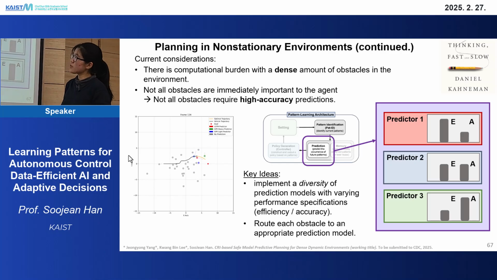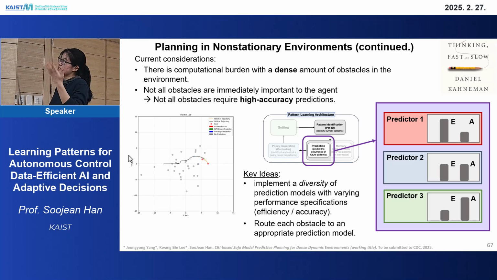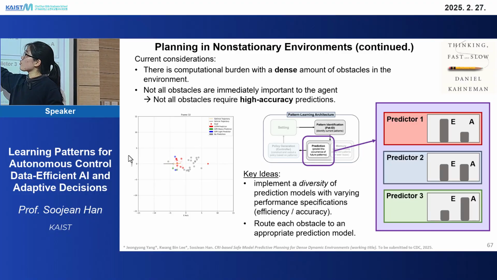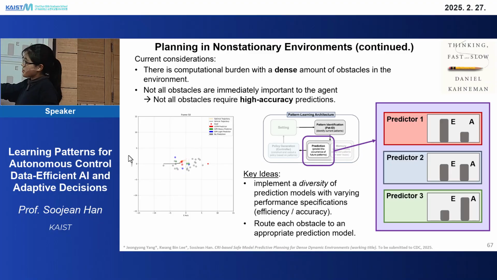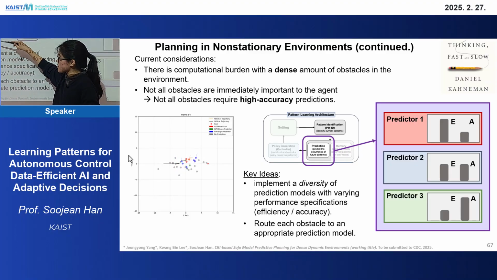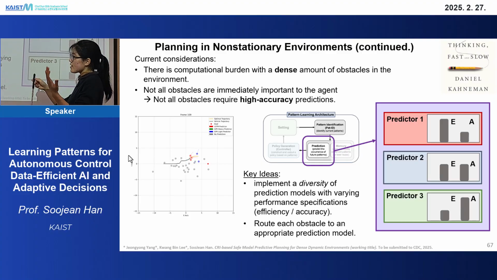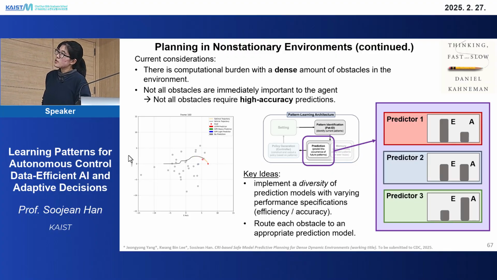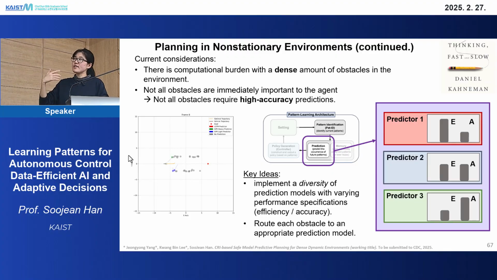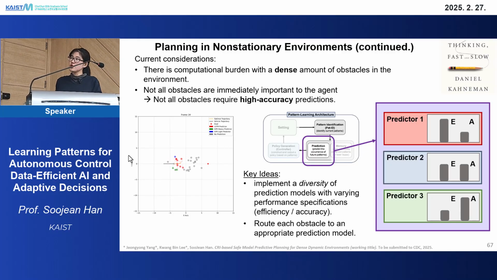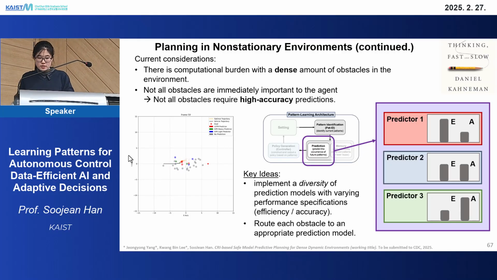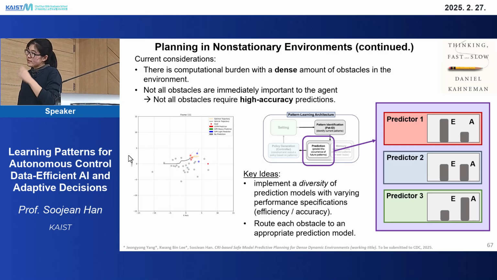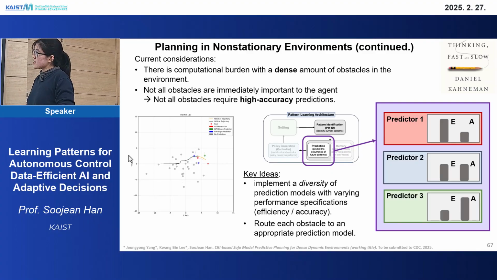So this preliminary simulation demonstrates the dense number of obstacles, and also not all obstacles are immediately important to the agent, because, for example, if the agent is over here, then obstacles that are over here are probably not immediately important because there's no risk of collision with them in the short term. So that means we don't need to spend too much time and energy computing high accuracy predictions for less important obstacles. So the key idea in our work preprint is to implement a diversity of prediction models